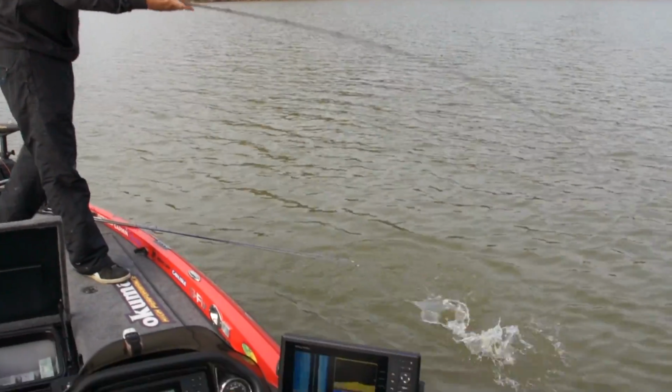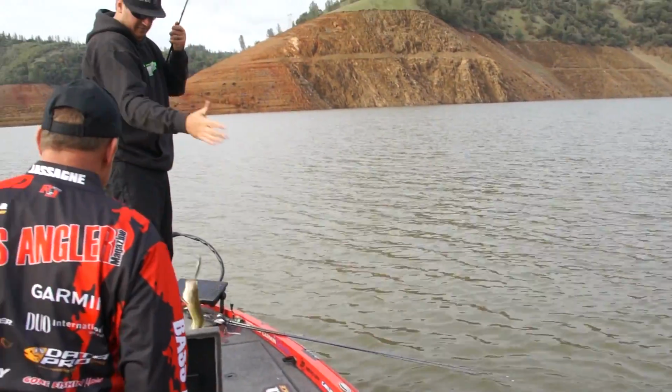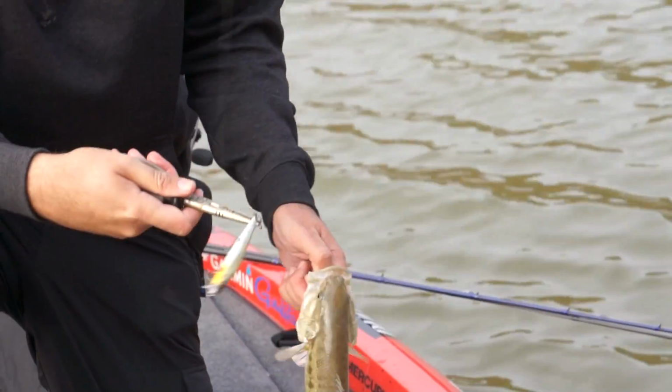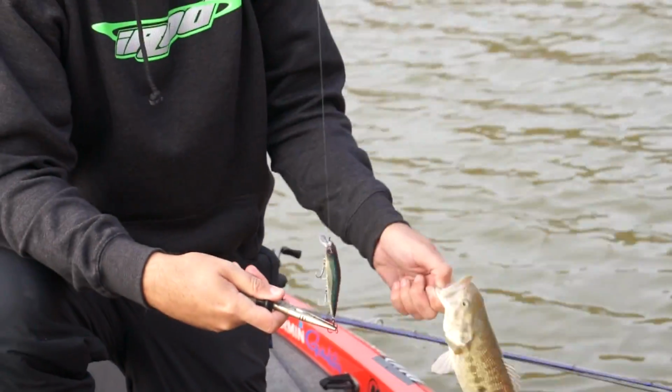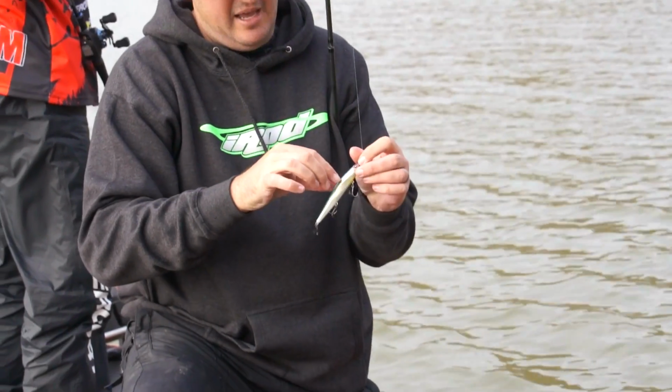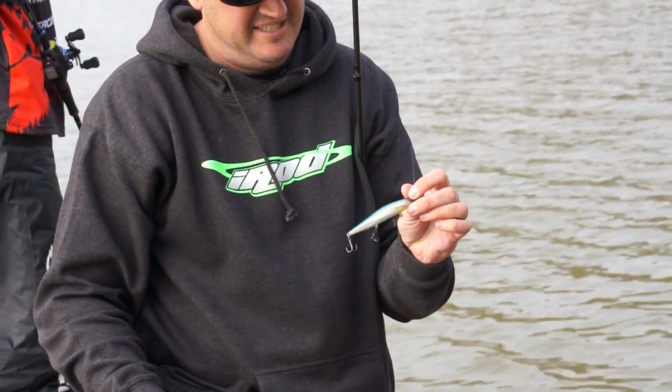Yeah, decent spot, nice. About the same as the others. Yeah. Nice little fish. This is on that, there's two of the bigger sizes. This is the